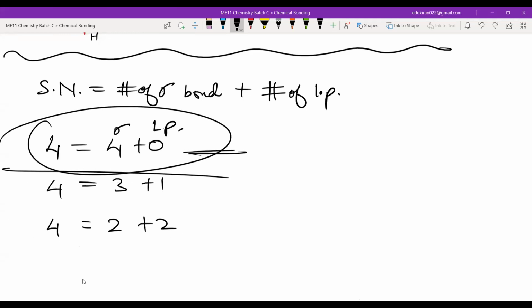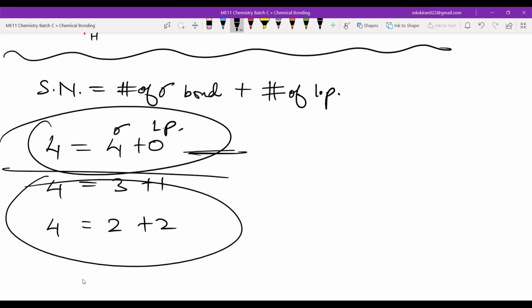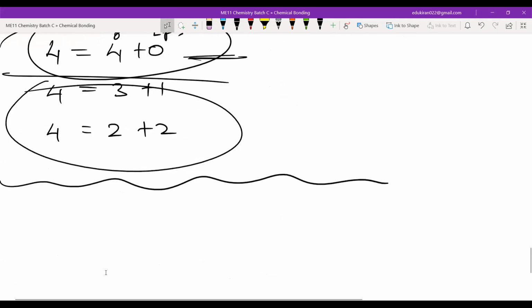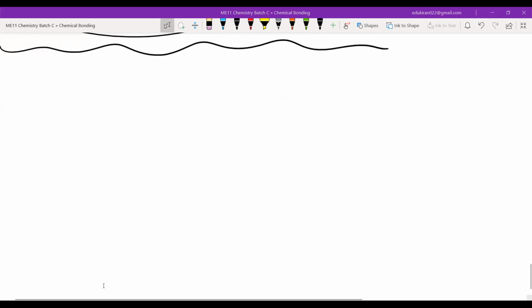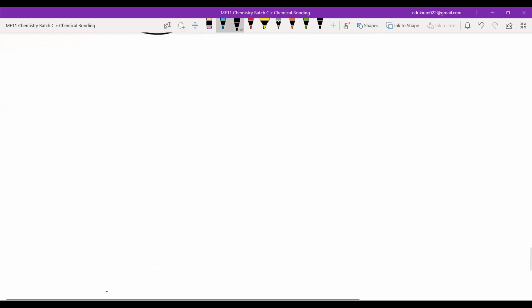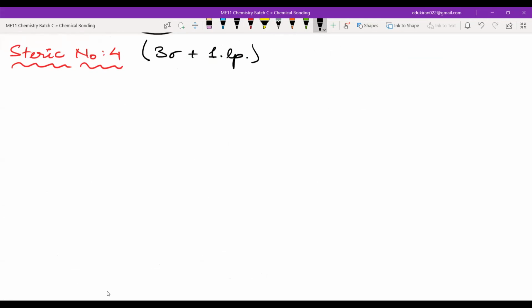Now we will be doing these two, if you have 3 sigma bonds and 1 lone pair of electrons. One thing will always be constant: if the steric number is 4, and in steric number 4 you have 3 sigmas plus 1 lone pair. Okay, now in this, first of all, we will start with an imaginary molecule, that is A. If I say B, then how many B should I put here? How many B? We'll give you 5 seconds to think.